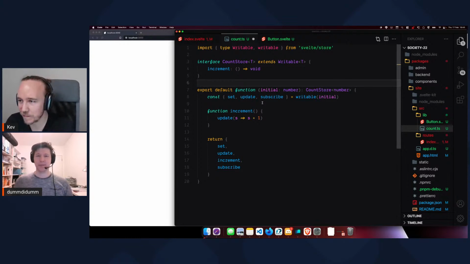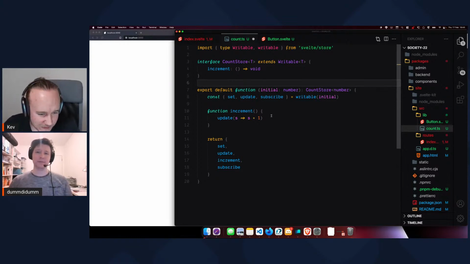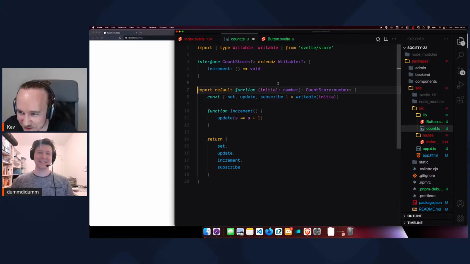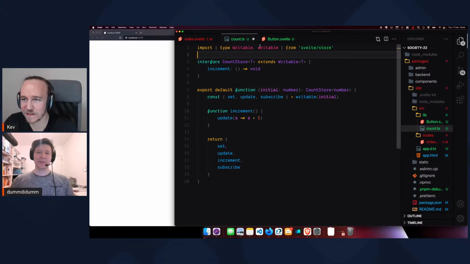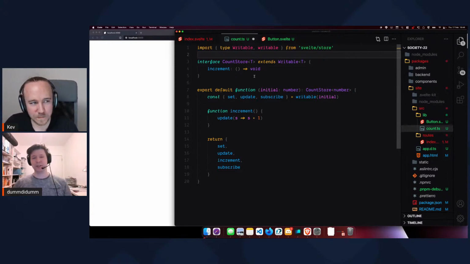Right. Yeah. So Gabriel is asking, how can I set TS to never throw errors? Instead, just warn about types. Well, you can't tell TypeScript to not throw errors when it encounters a type error. But what you could do is to just ignore them in your build and to continue building anyway. So, for example,